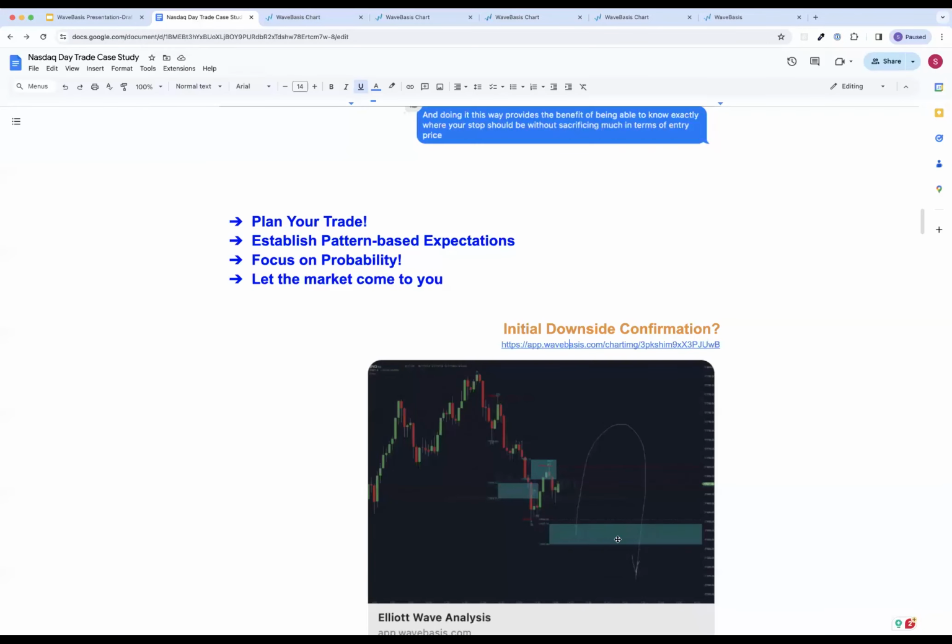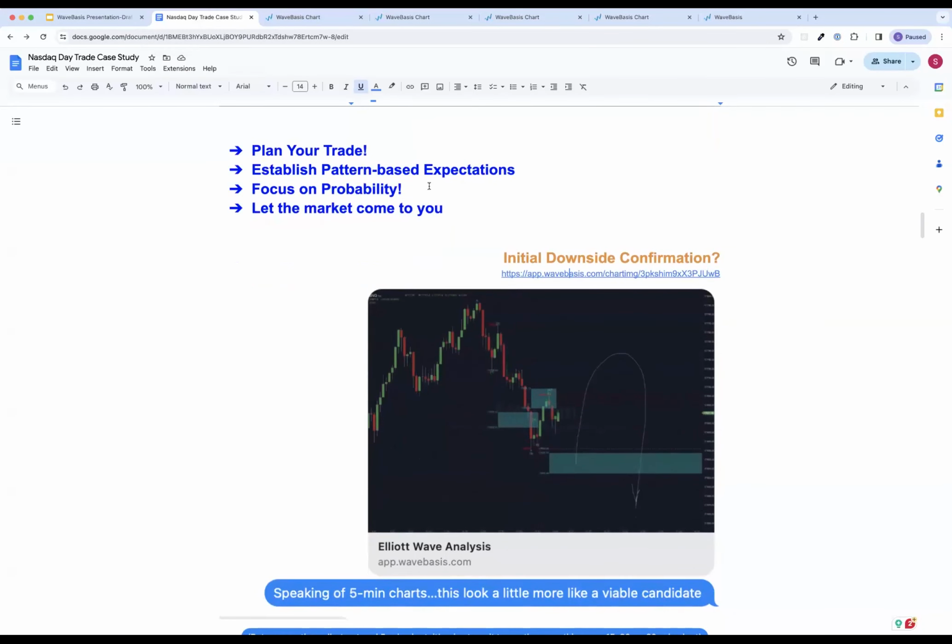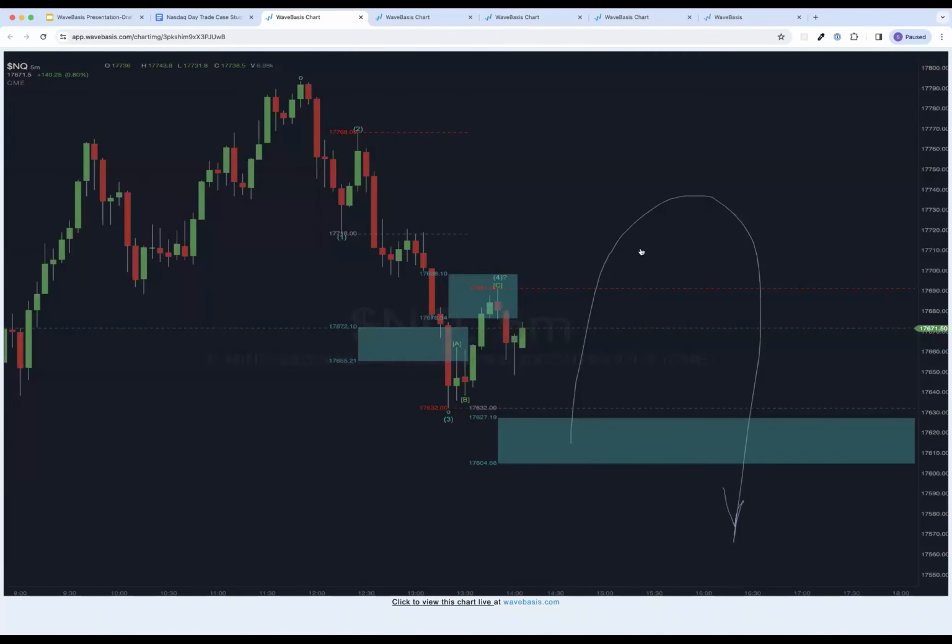And sure enough, I'll touch on, again, we're always going to be focused on probability. We're establishing pattern-based expectations. What I should say about this chart is this isn't a prediction. This isn't something that I want to happen necessarily. It's focusing on the probabilities that are at work. This is saying, if this happens, then there's a high probability chance that you're going to get a good short trade here. I haven't expressed any opinion at all, just following the patterns as intended by Ralph Nelson Elliott himself. Excuse me.